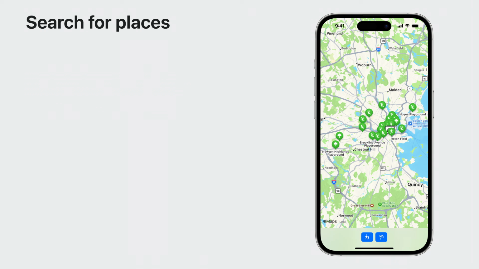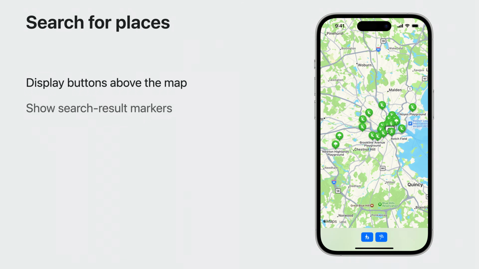To recap, I've enabled realistic elevation using the standard map style, and I've shown you how to use some other map styles as well. Next, I'd like the app to help us search for the places we want to visit. Our kids will be with us walking around Boston, and I want our morning to be fun for them too. The grown-ups can appreciate seeing some history, while the kids can appreciate swings and slides and monkey bars.